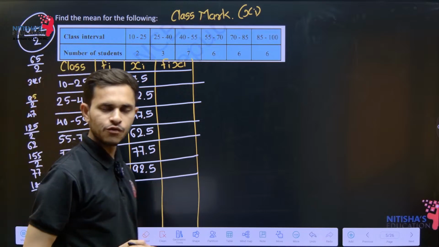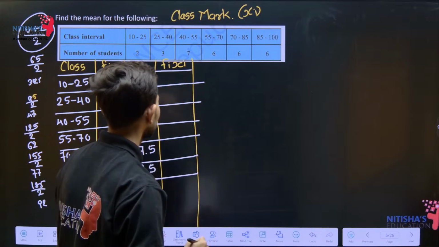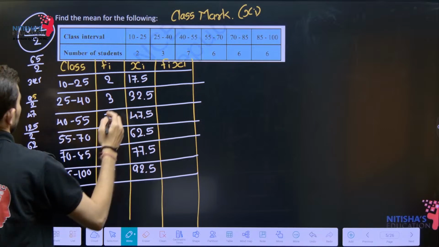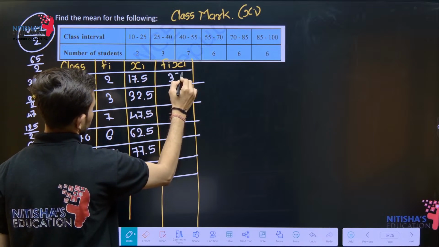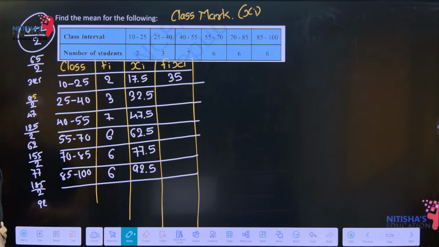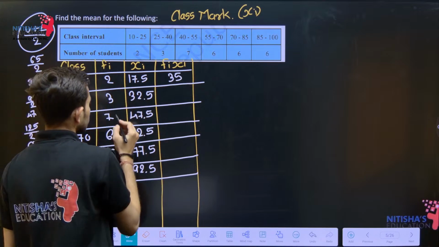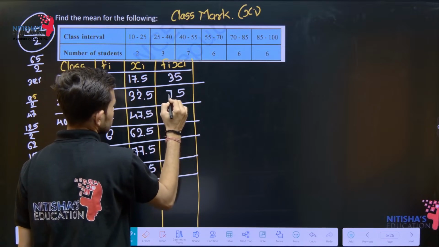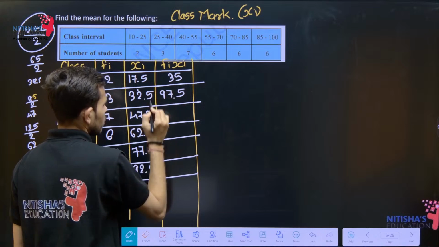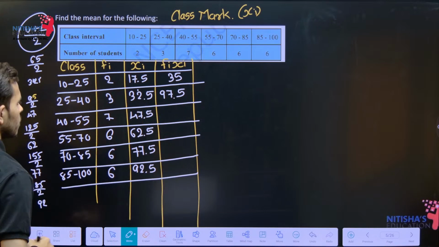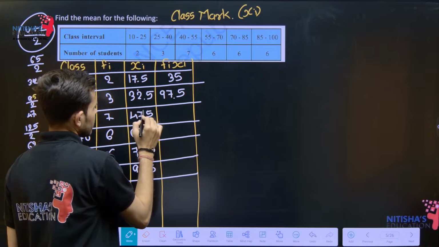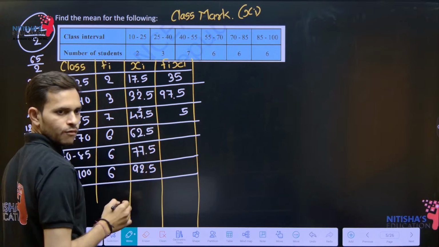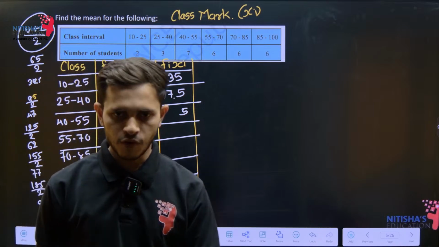Next, we need to find the product of Fi(xi). So 17.5 into 2 becomes 35. Next, 32.5 into 3: 3 5s are 15, 3 2s are 6 plus 1 is 7, and 3 3s are 9. We have 97.5. Next, 7 5s are 35, 7 7s are 49, 49 plus 3,